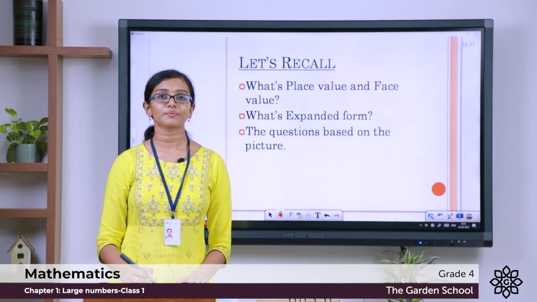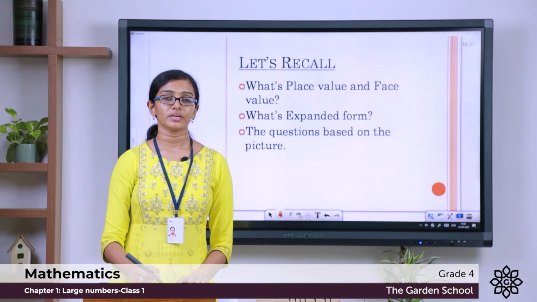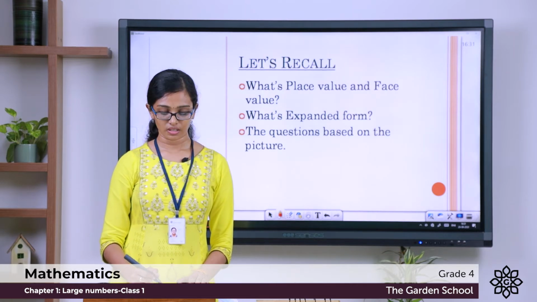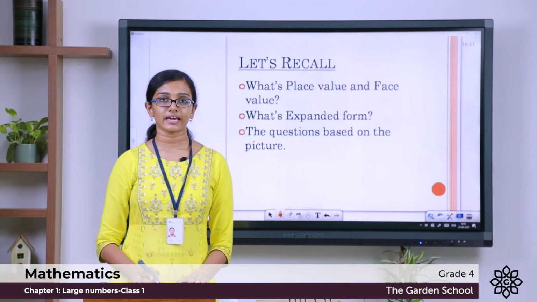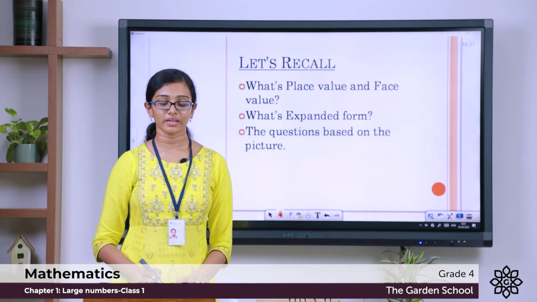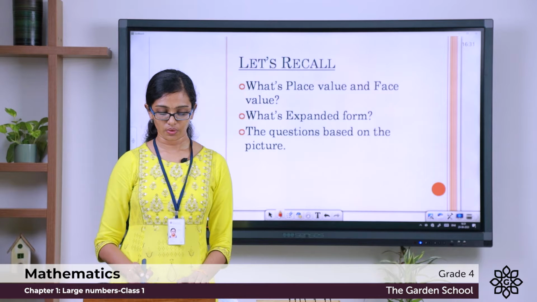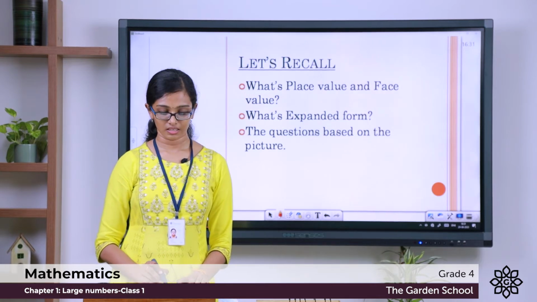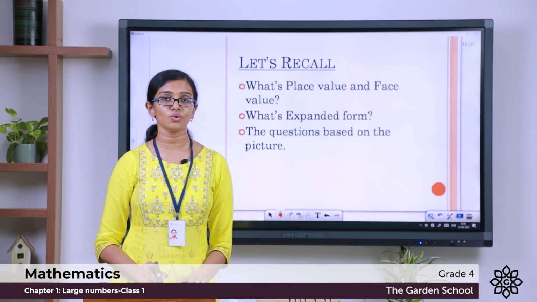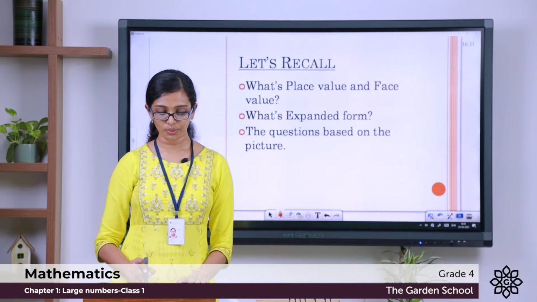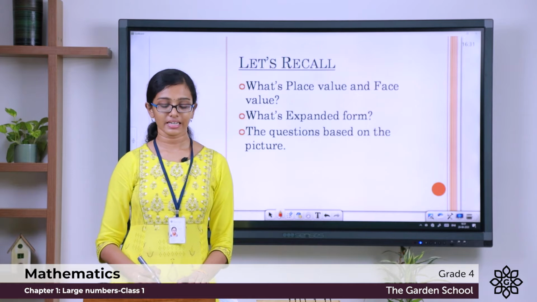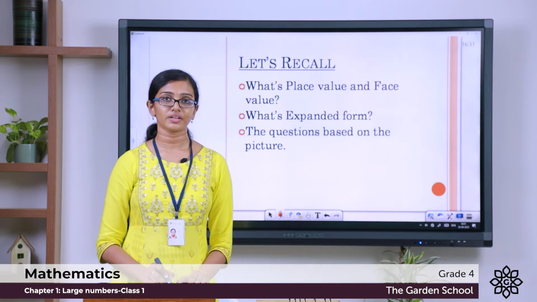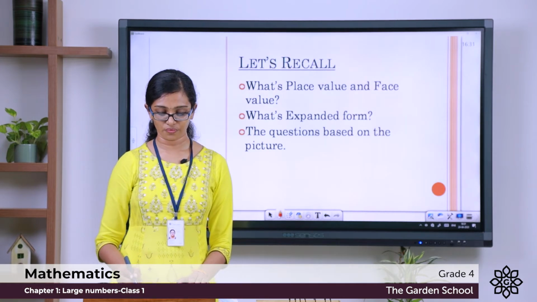Now all of you please take page number 1 of your textbook. We can see examples for the place values. See, in the first case, the number 5 is in ones place. In that case, the place value is 5 ones or equal to 5. In the next example, 5 is in tens place. So when 5 is in tens place, its place value has changed to 5 tens, which is equal to 50. Now in the third case, 5 is in hundreds place, so now the place value has changed to 5 hundreds